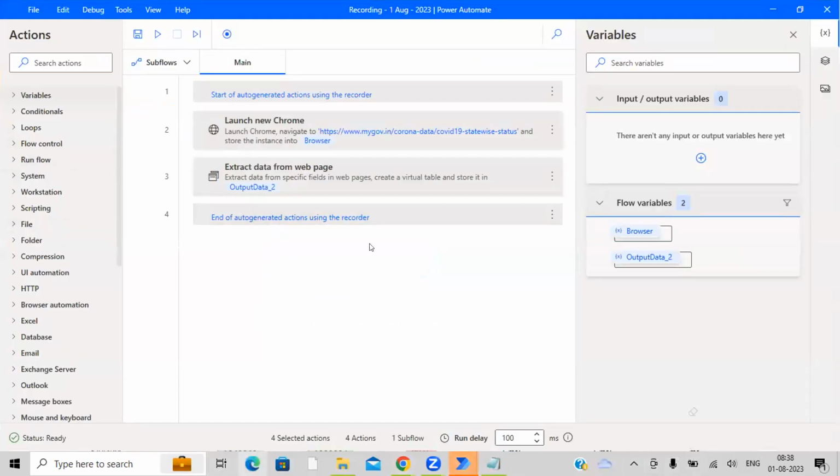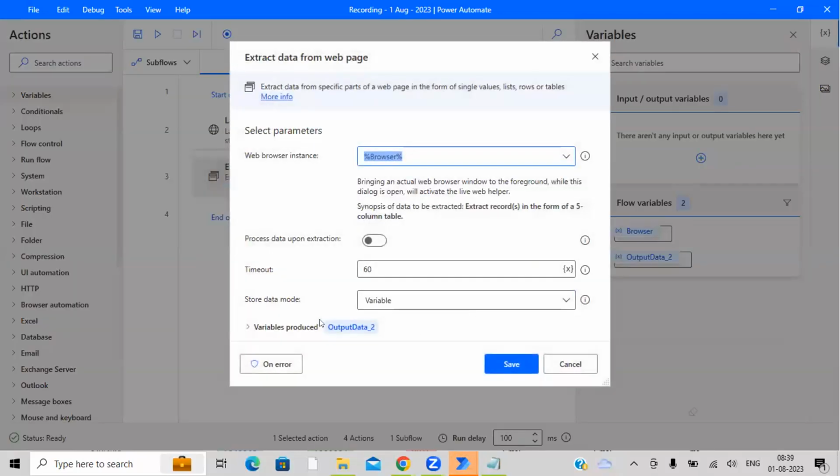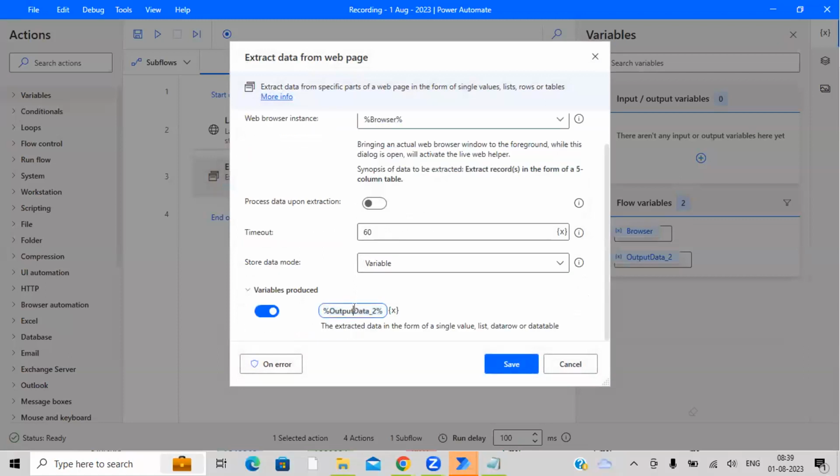As soon as we click on Done, can you see now? It has directly taken Launch new Chrome. It didn't take the other actions. Launch new Chrome, then Extract table. Now let me double click. It has stored the data into this variable. If you want to change the variable,